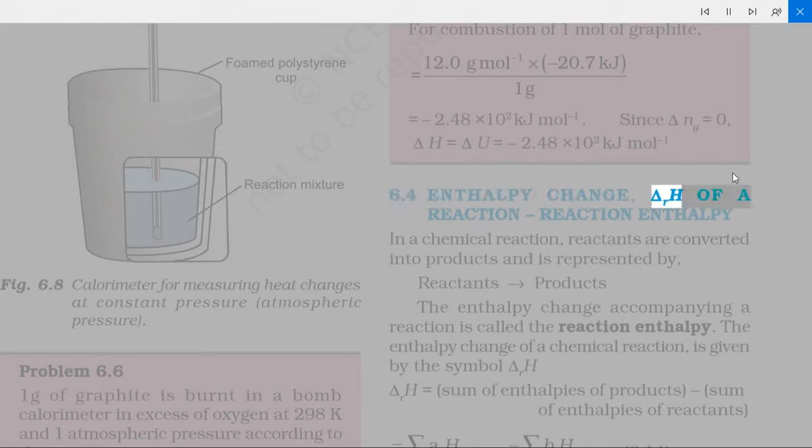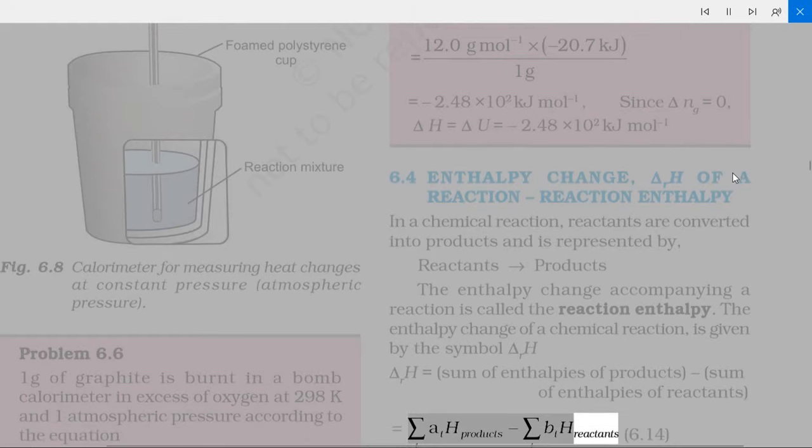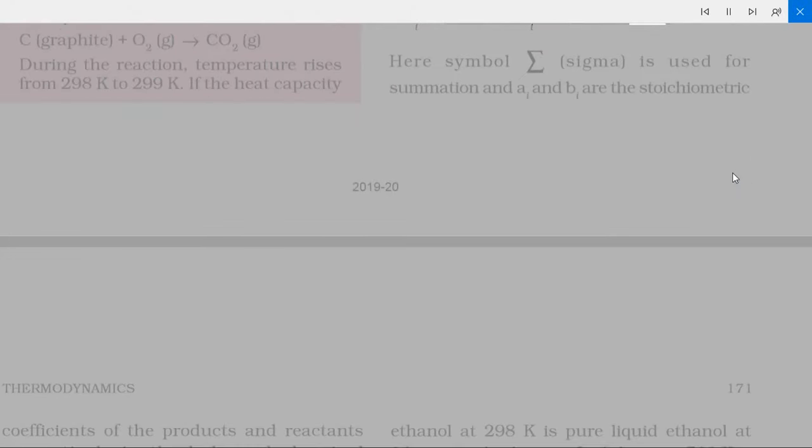6.4 Enthalpy change, ΔrH of a reaction. Reaction enthalpy. In a chemical reaction, reactants are converted into products and is represented by reactants → products. The enthalpy change accompanying a reaction is called the reaction enthalpy. The enthalpy change of a chemical reaction is given by the symbol ΔrH. ΔrH is equal to the sum of enthalpies of products minus the sum of enthalpies of reactants, which is Σ ai Hm(products) − Σ bi Hm(reactants) (6.14). Here the symbol sigma is used for summation, and ai and bi are the stoichiometric